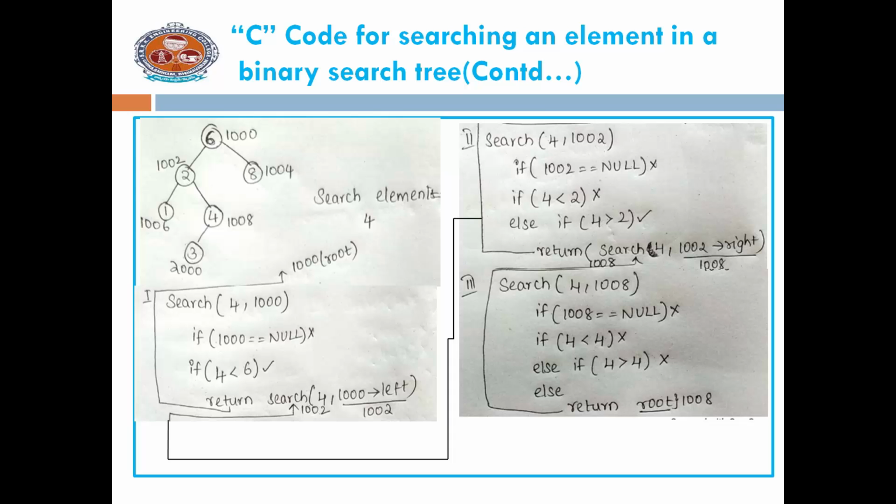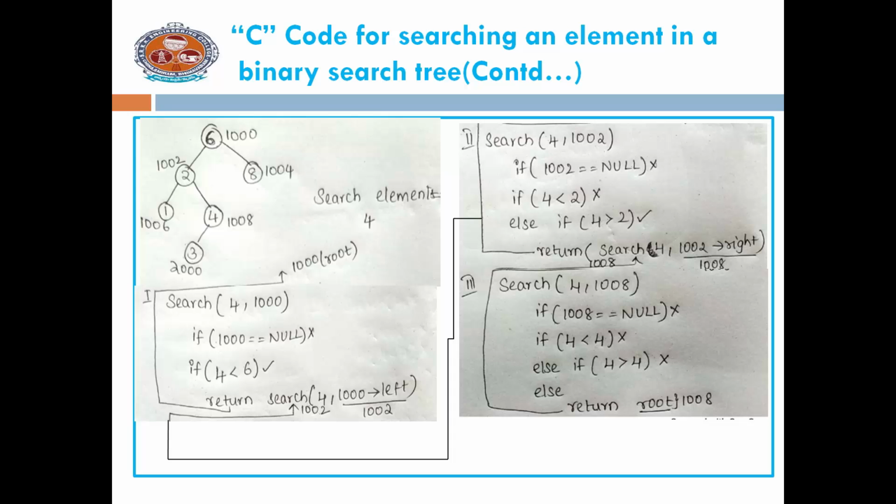So now I am concluding the overall session. A binary search tree is also a binary tree in which the elements of the left subtree are lesser than the root and the elements of the right subtree are greater than the root, and the right and left subtrees must also be binary trees.